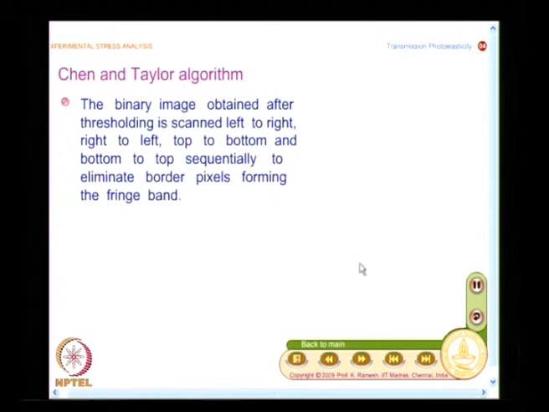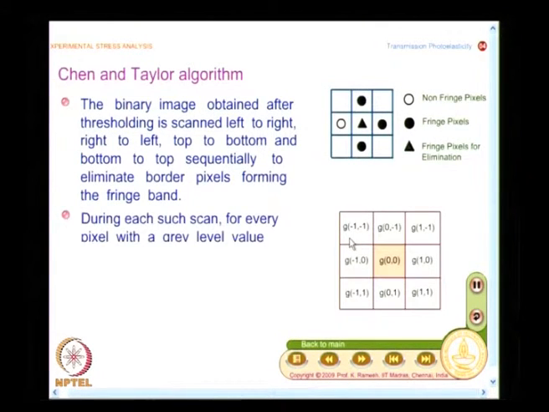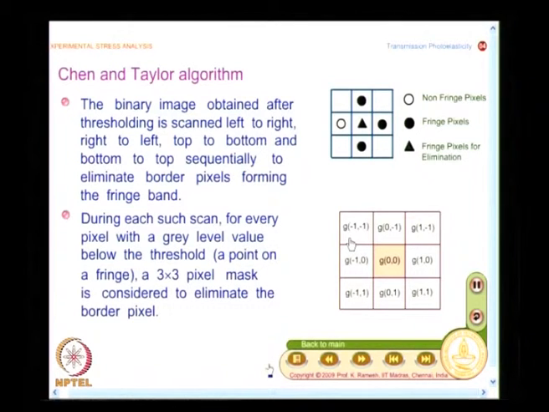I am going to give you only a gist of what this algorithm is, and also some introduction to how people process images. Essentially you will have a mask, and this mask is identified with the center pixel as G 0, 0, because its gray level value is labeled G. Then I have G 1, 0, where x is increasing this way and y is increasing downwards, and G minus 1, 0. So I have a 3 by 3 matrix where I want to take a decision on the center pixel.